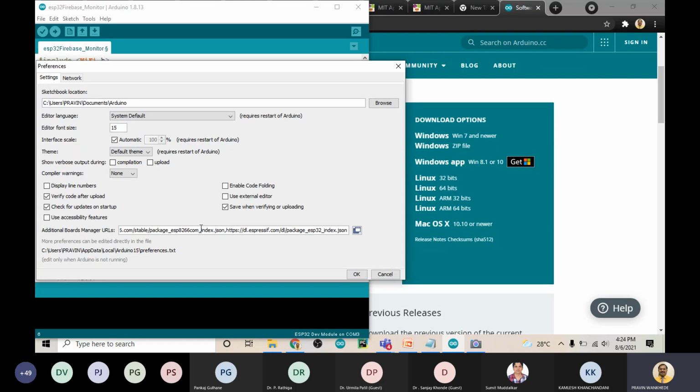What actually it means is that those boards which support the Arduino IDE can be added into the Arduino IDE by using these links. Okay, so what actually Arduino IDE is going to do, it will check these URLs and it will go to that URL and check whether any hardware or board support is available or not, and it will download that support into the Arduino IDE. So just like you can see here, one JSON file I have added for ESP8266 and another is for the ESP32.